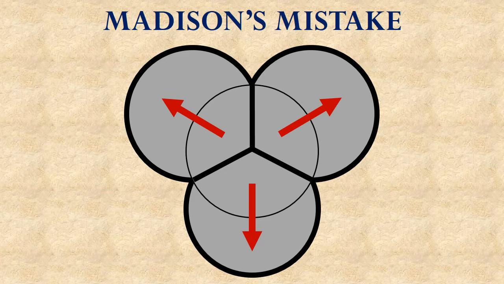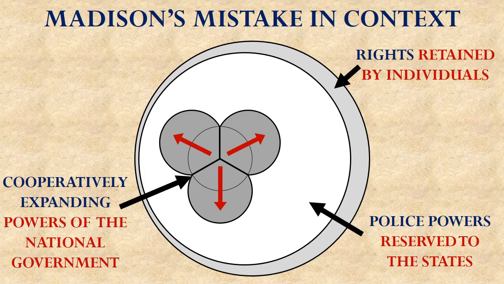So if we take what Brutus thought would happen and now convert that into our larger diagram, this is what we see. Instead of Madison's solution of the government internally checking itself and keeping itself where it is supposed to be, instead the branches of government would cooperatively expand their power outward. Now notice what happens when they're expanding their power outward. They are actually gobbling up power that belongs to the states.